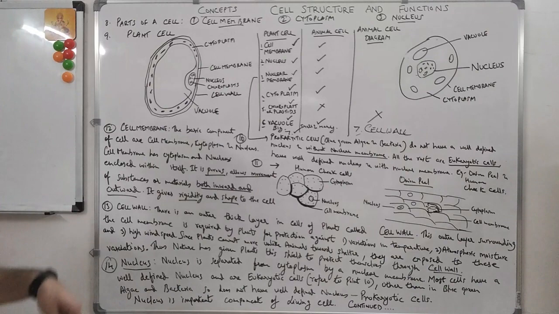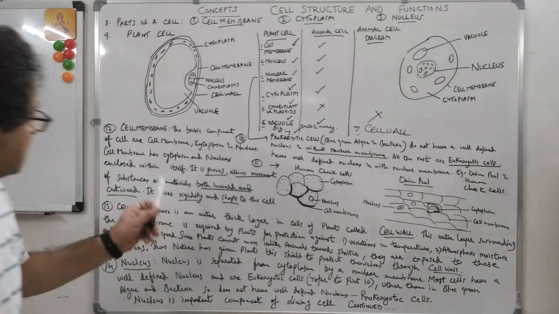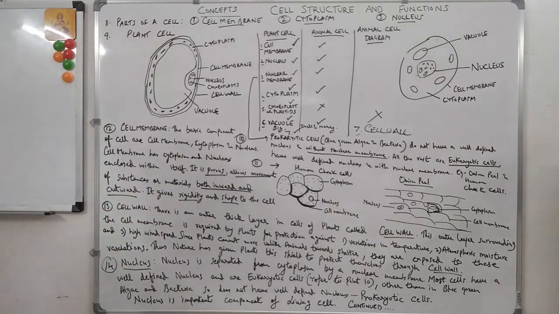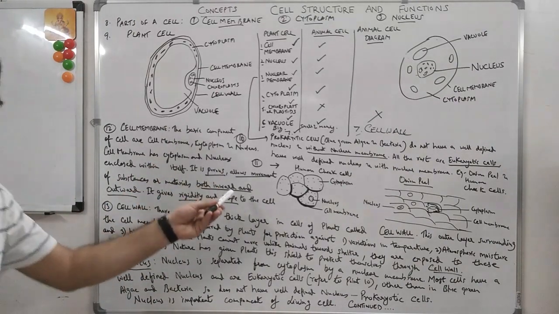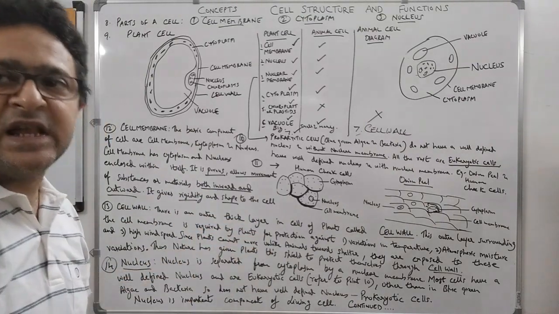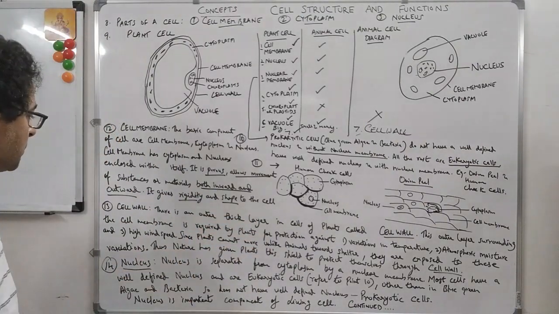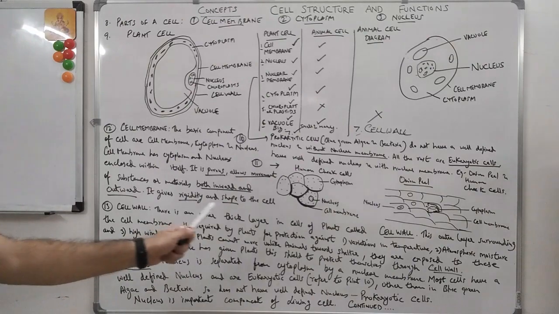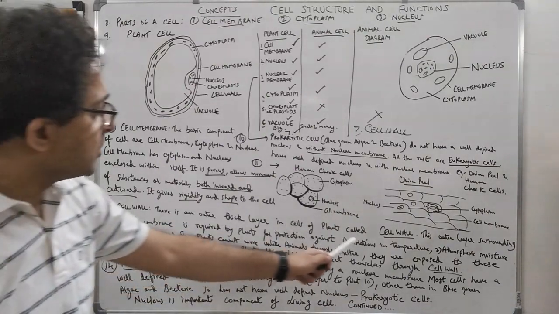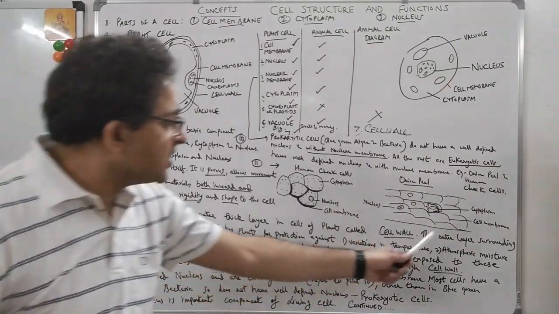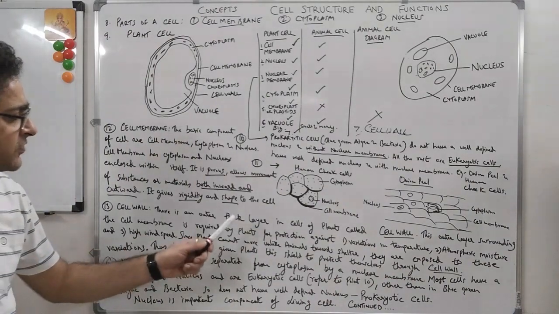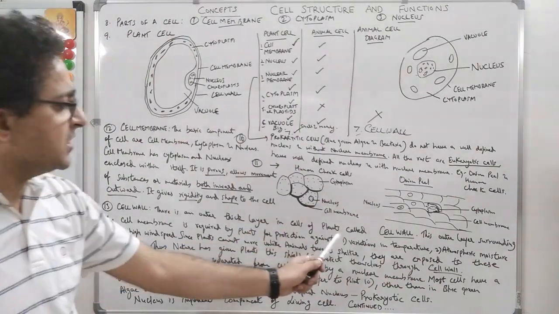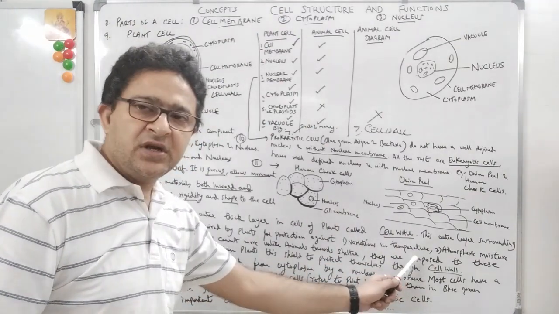Now let's move further. So what happens? Cell wall gives rigidity and shape to the cell. This can be a 2-mark question about cell wall. Now there is an outer thick layer in plant cells called cell wall. This outer layer surrounding the cell membrane is required by plants for protection against, number 1, variation in temperature,